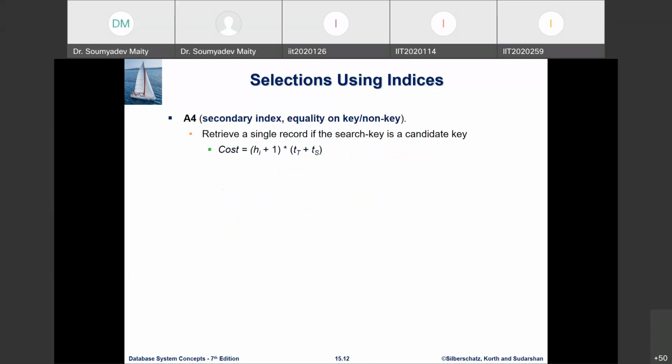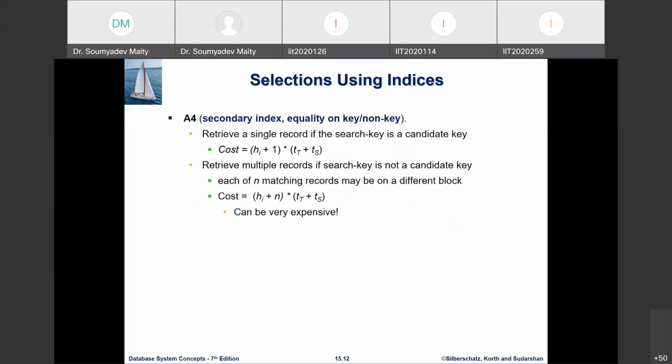But if you have to search an equality condition on a non-key attribute, then what? Then again, you search the B+ tree. Then you reach the leaf node. So that is the cost HI into TT plus TS. Now on the leaf node, there is not a single pointer. There will be multiple pointers to multiple records